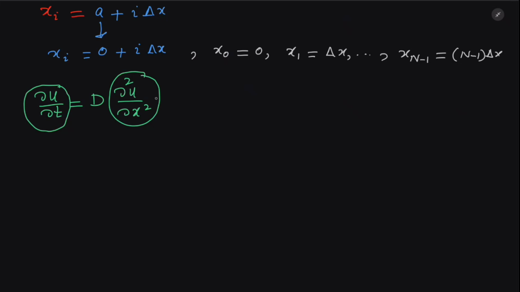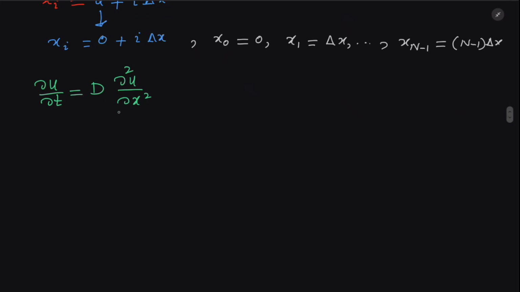And there are two space derivatives over here. For space derivatives in the finite difference method, we know that we can apply the center difference formula, u^n_(i+1) minus 2u^n_i plus u^n_(i-1), divided by